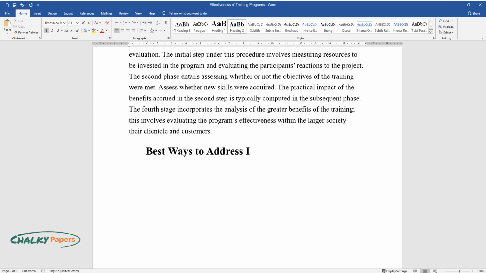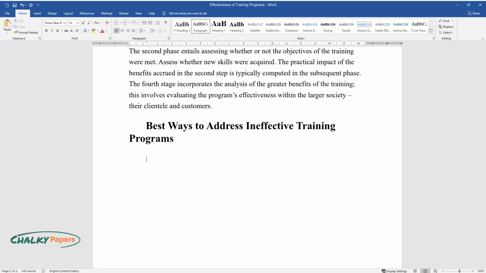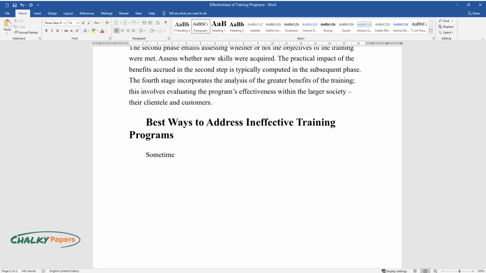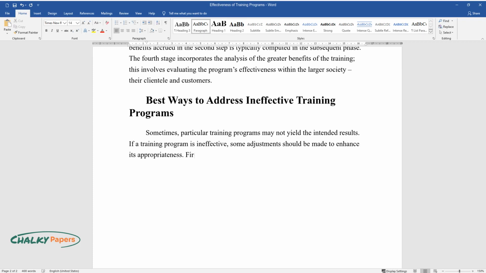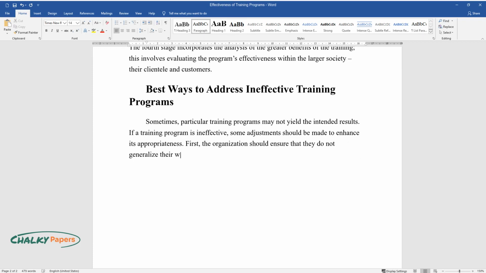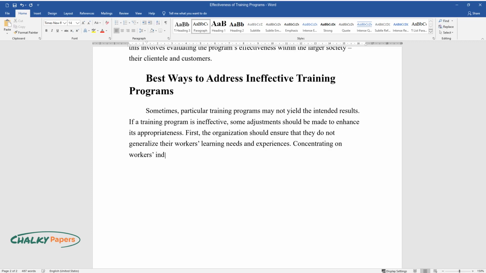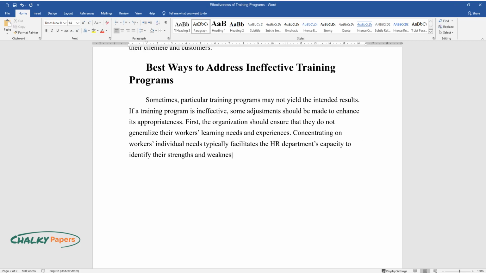Best ways to address ineffective training programs. Sometimes, particular training programs may not yield the intended results. If a training program is ineffective, some adjustments should be made to enhance its appropriateness. First, the organization should ensure that they do not generalize their workers' learning needs and experiences. Concentrating on workers' individual needs typically facilitates the HR department's capacity to identify their strengths and weaknesses and fill the